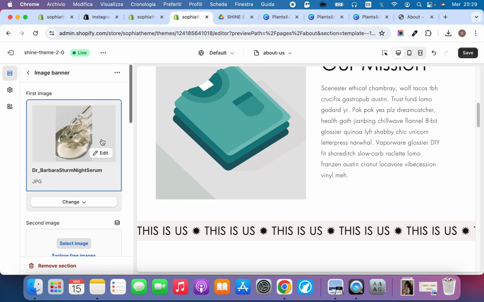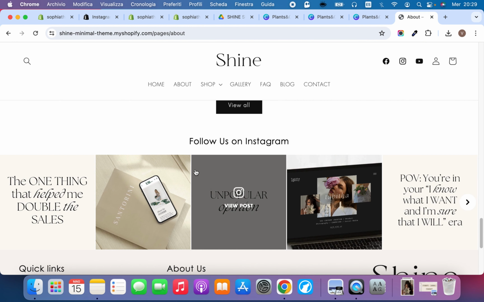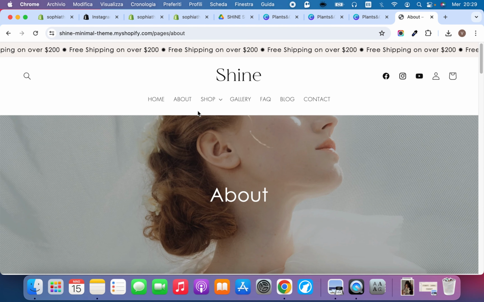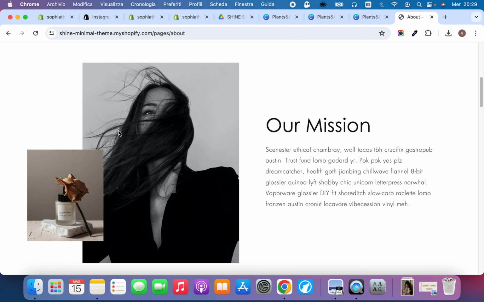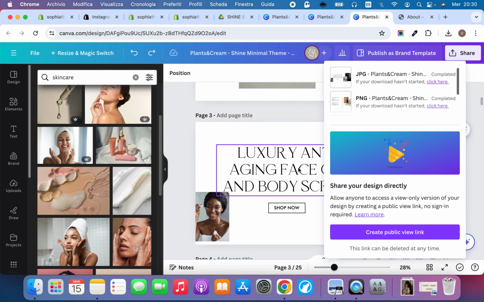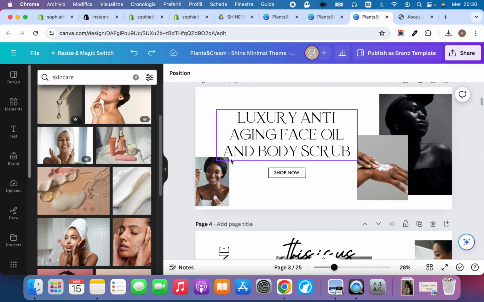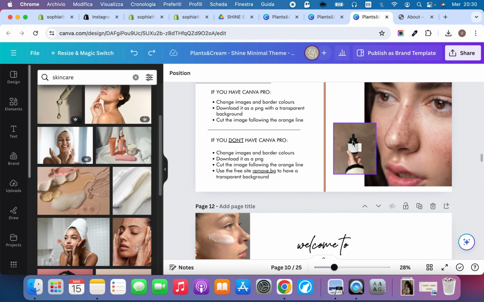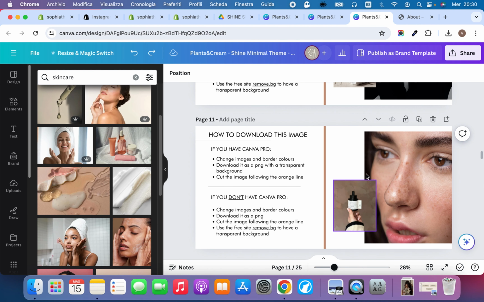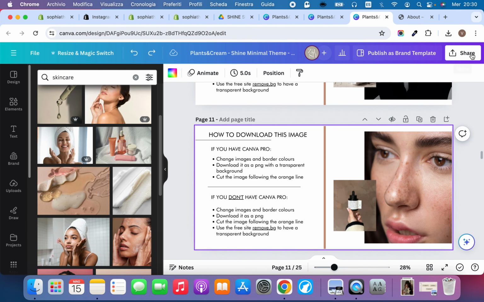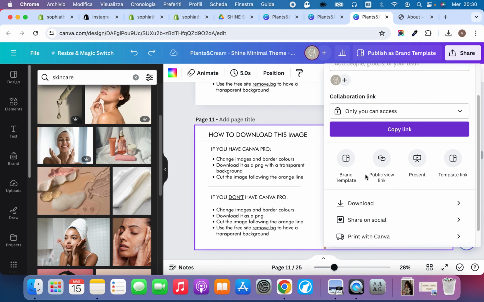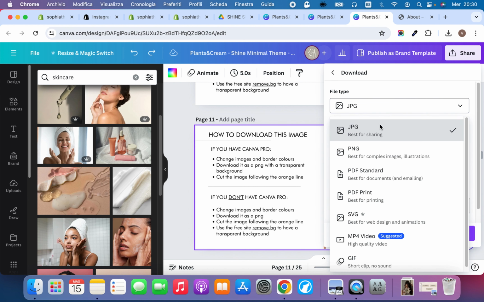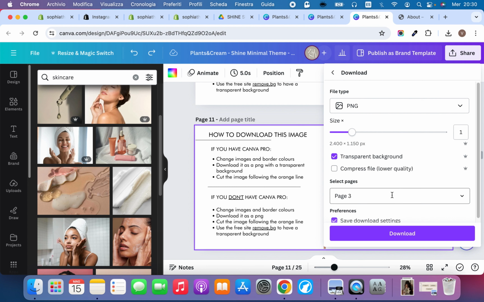And here you can see that there is this image template that you can find here in the desktop banners, and I've customized it like this. So you just click on download, PNG, transparent background,